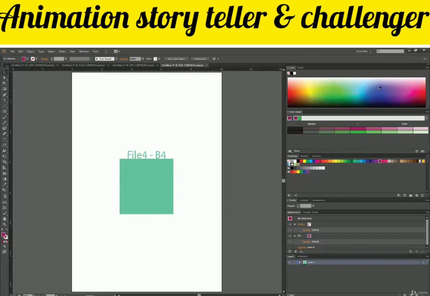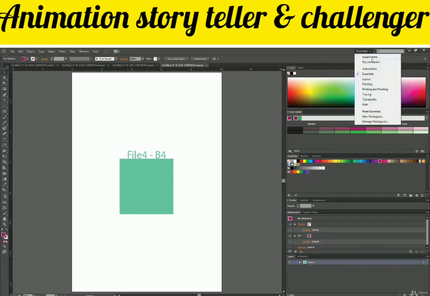Now, if accidentally you reset your workspace or you reset essentials from here, or if someone else is also working with you and he or she resets the workspace, then again you have to do all these things. Again, you have to rearrange your panels, expand them, and again. Now, it may happen again and again for 6 months. Every time you have to rearrange your panels. So, what you can do is create a new workspace. So if someone comes and resets your workspace, then you can again open your own workspace.